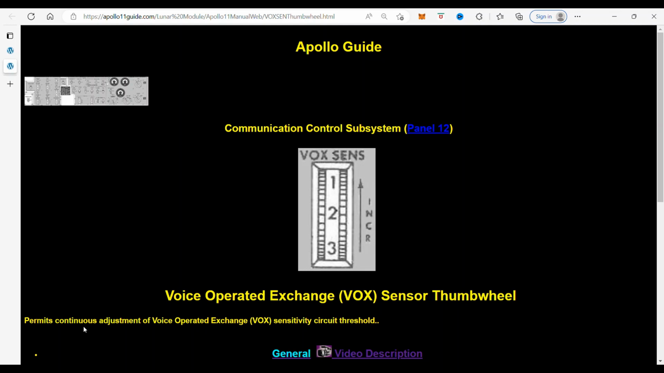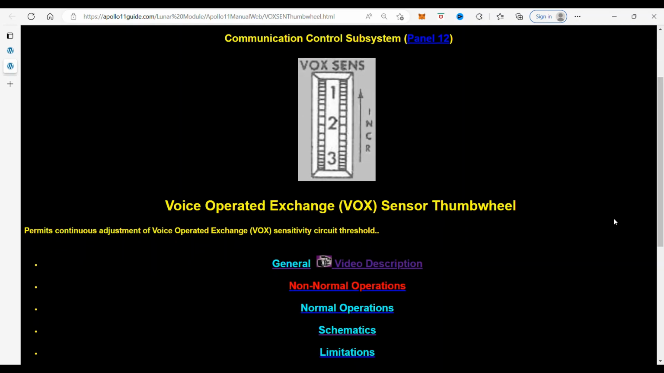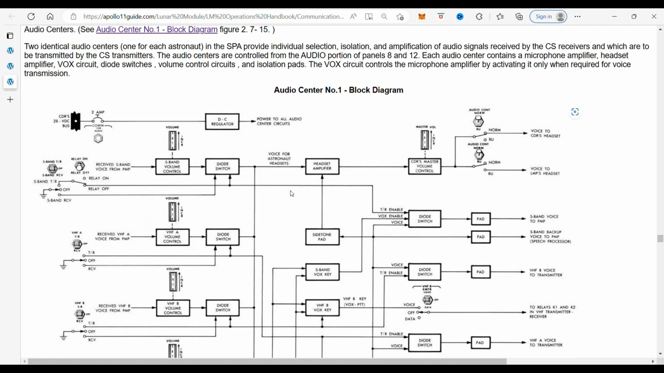Now this permits continuous adjustment of the Voice Operated Exchange VOX sensitivity circuit threshold. Now the threshold means how loud you have to speak in order for the system to pick up your voice. And we're going to look at a different way to do that. We're going to click on General, and when we click on it, it takes us to the General section for the audio sensors. As you can see, there's two identical audio sensors,